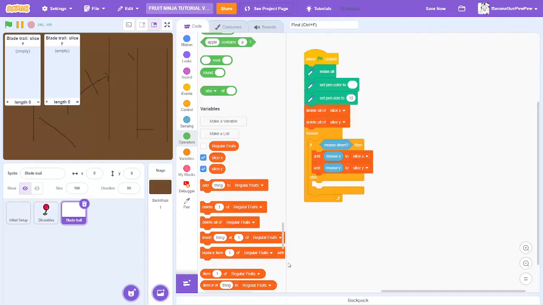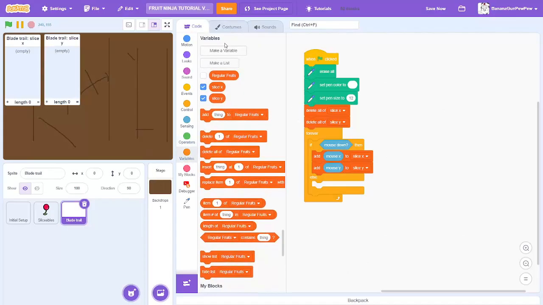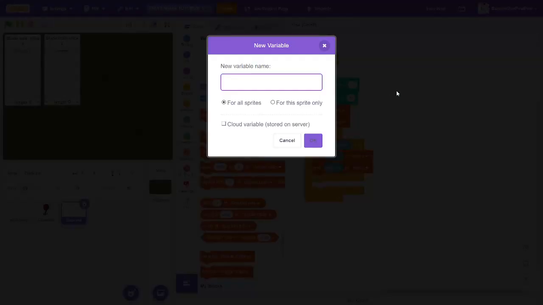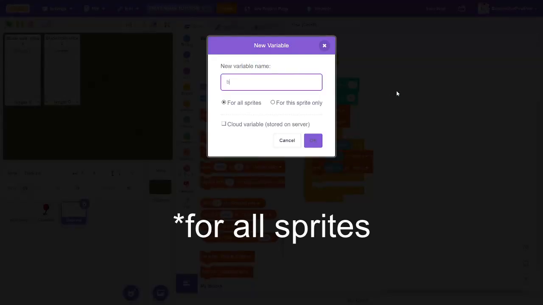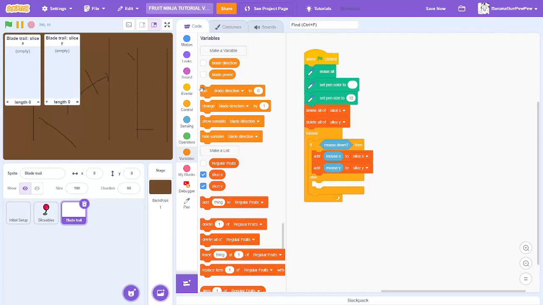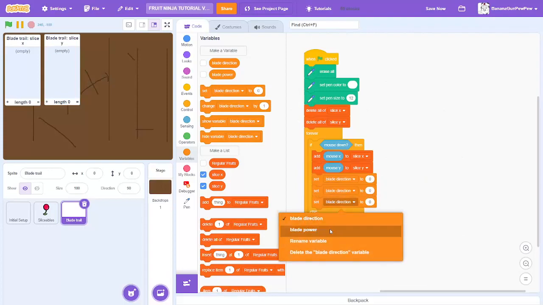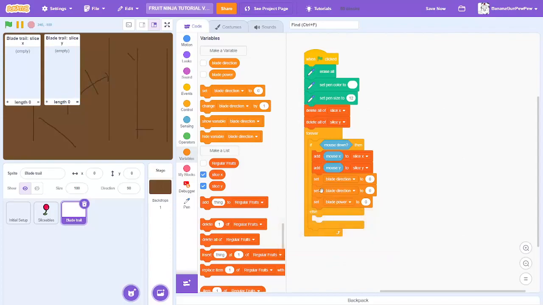Alright, now the next step to do is to create two more variables. Blade direction. And then blade speed. Or blade power, I like that better. So set blade direction. Okay, and then duplicate that, and then duplicate that again. But the third one is going to be blade power. Duplicate these two,